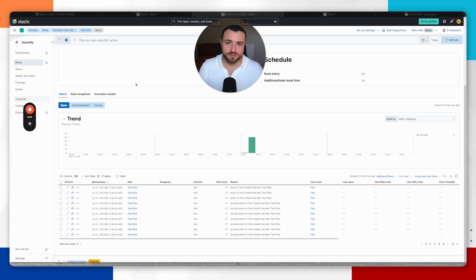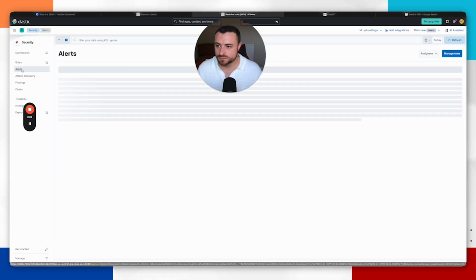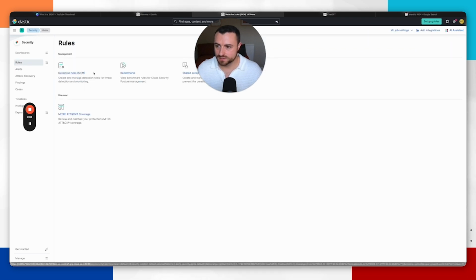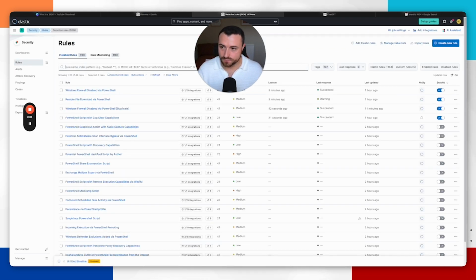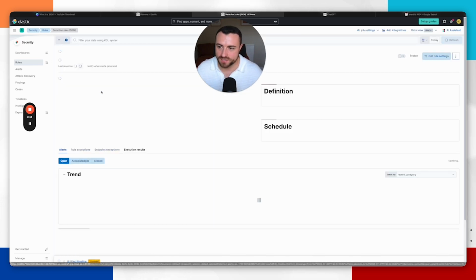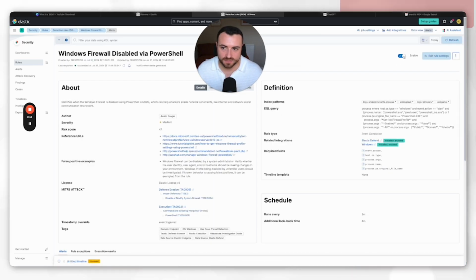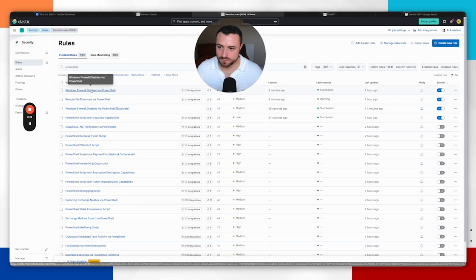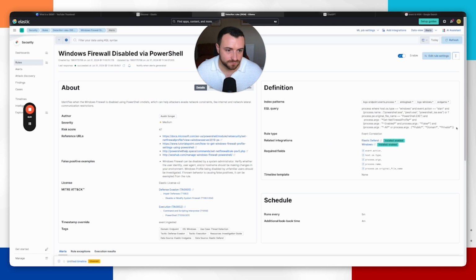So now this confirms that the SIEM is actually working. What you can do then is go into detection rules and test out each one of the rules in here. You can look for all the PowerShell rules. You want to enable these rules, so you can come up here and click enable. If you wanted to figure out how to actually alert on these,